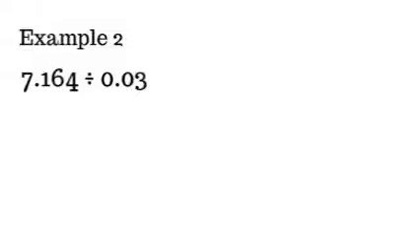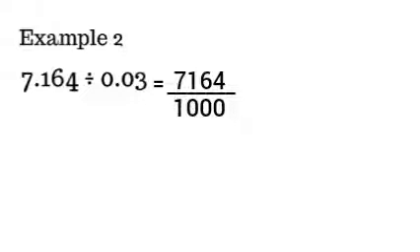Example 2. 7.164 divided by 0.03. This can be written as 7164 over 1000. Why is it over 1000? Because 7.164 has 3 decimal places. So the number below will have 3 zeros. So 7,164 over 1,000 divided by 3 over 100. Because 0.03 has 2 decimal places, the number below will have 2 zeros. Right? So we will go ahead and have